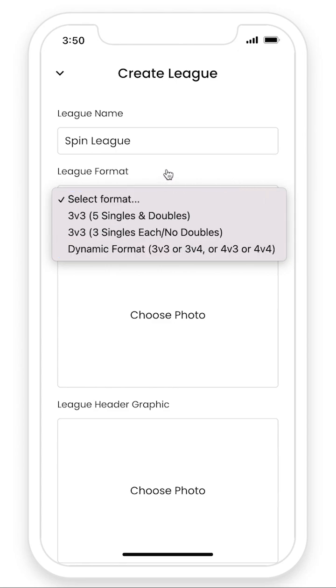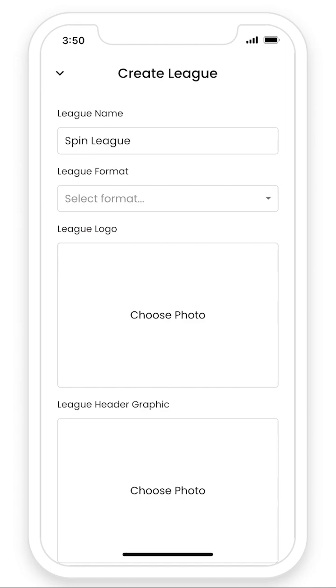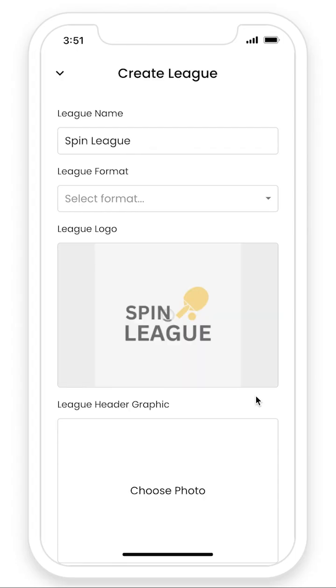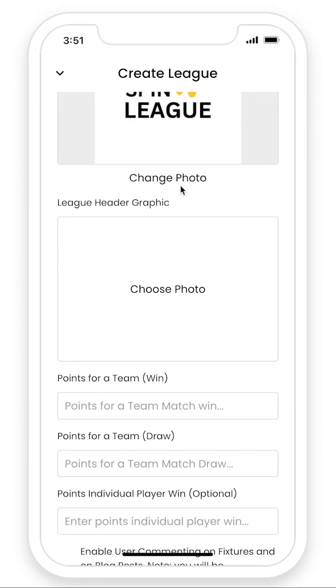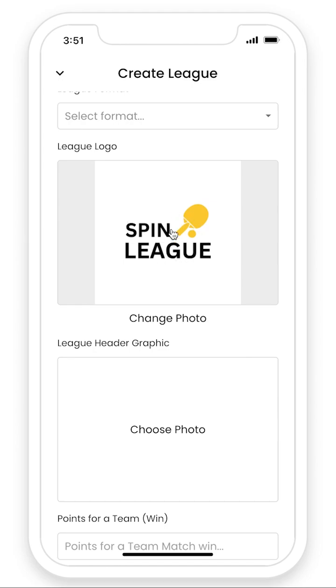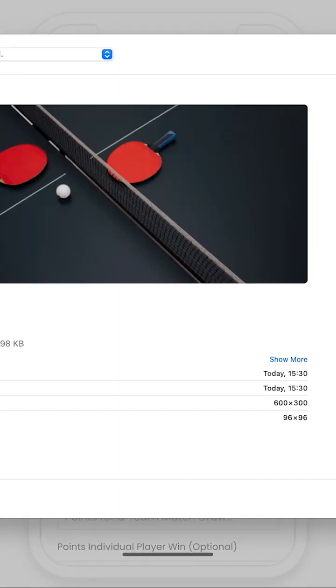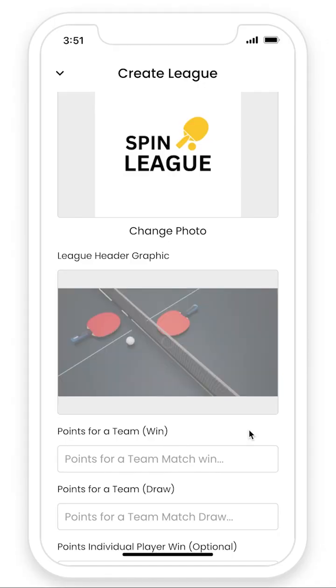In the league format, we have left this open to expand. So if your league runs a different format, simply send us an email or give us a call and we will add your format in. Okay, so you need to add a logo for your league. Okay, I'm just going to put a demo one in that I've created. So the logo will need to be a square format and the header graphic will need to be a rectangular format. Okay,